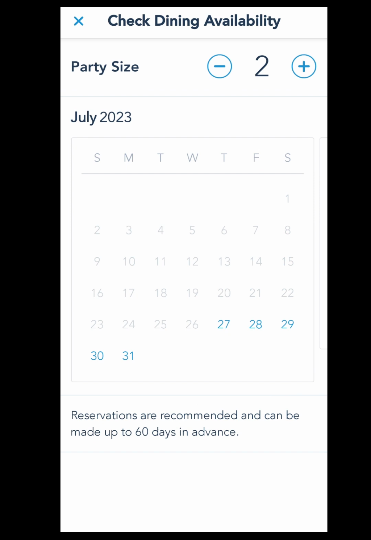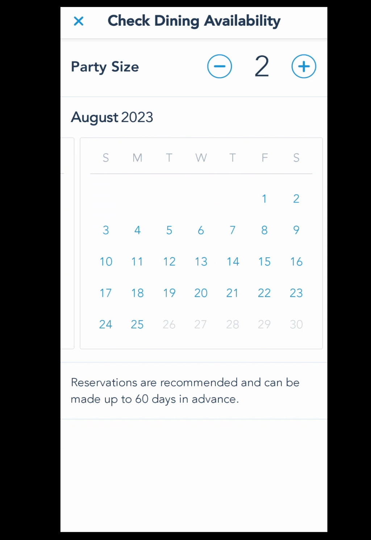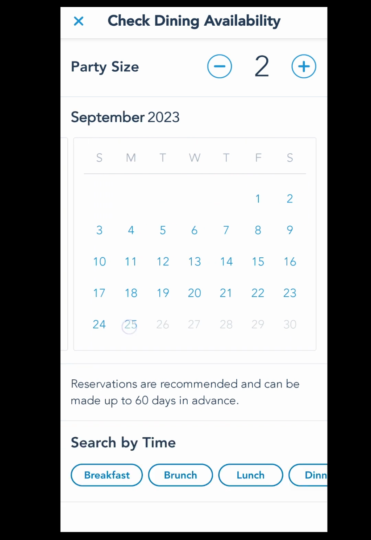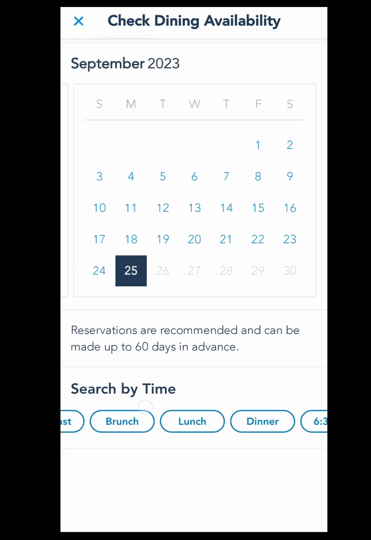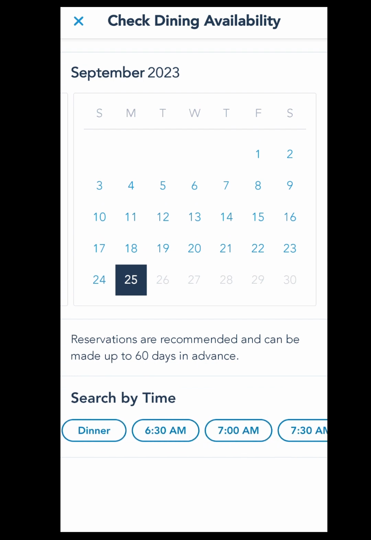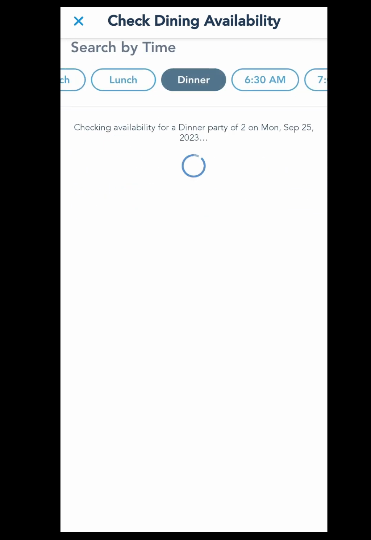So you can see here that there is a calendar and you can select the day that you want a dining reservation, and you can search by particular meal, so breakfast, brunch, lunch or dinner, or you can also search by a specific time. So I'm just going to click on dinner,